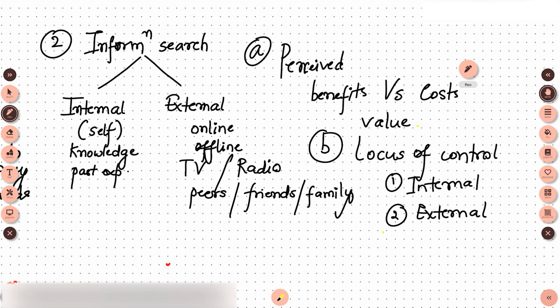So when I'm a consumer who has got internal locus of control, I'll be responsible for the consequences of making a purchase, and therefore I'll be involved in more of an information search. Subsequently, when I'm somebody who has an external locus of control, I'll do less of an information search, and I'll not base my decisions on a lot of information search, because anyways I consider myself to be not responsible for any consequence that is arising out of making that particular purchase. So that's the second aspect when it comes to factors that are impacting the information search. Let us move on to looking at